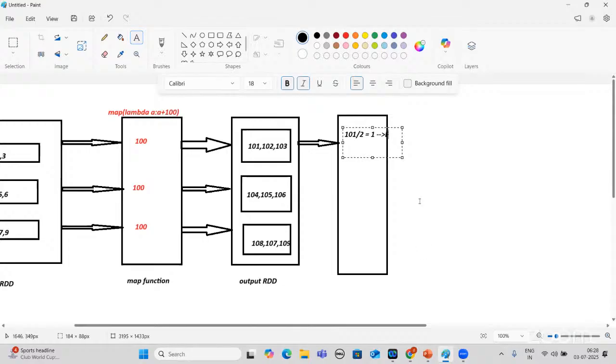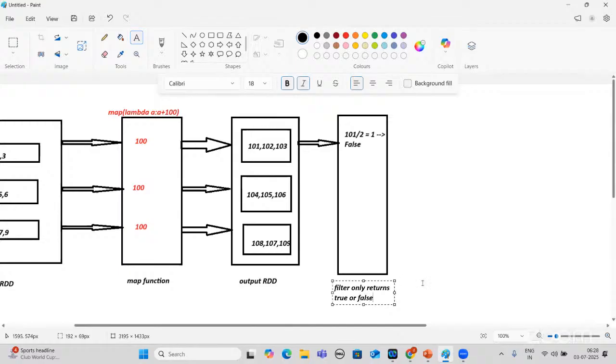To understand this, I have drawn this. Whenever you give a filter function, this filter function will return only true or false. Filter only returns true or false.